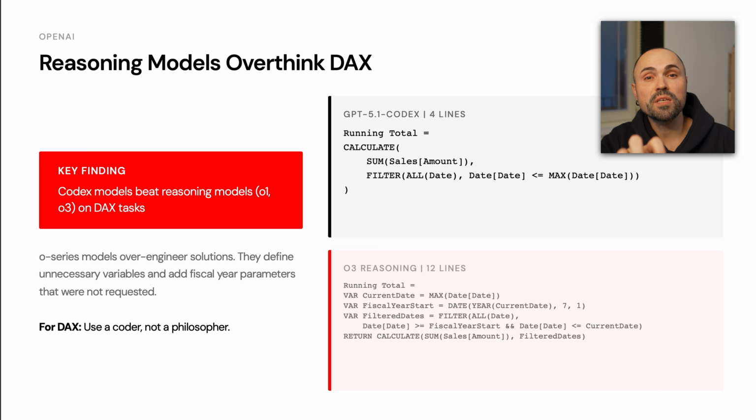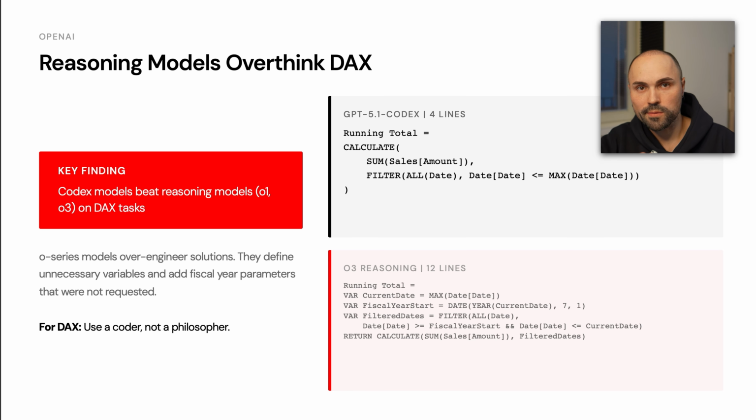This model is specifically trained for coding tasks, and it tends to stick to tried and proven solutions. The Codex model solved the task in 4 simple lines. Meanwhile, O3 wrote 12 lines, defined a variable for fiscal year, overthought the prompt completely, and produced a result more